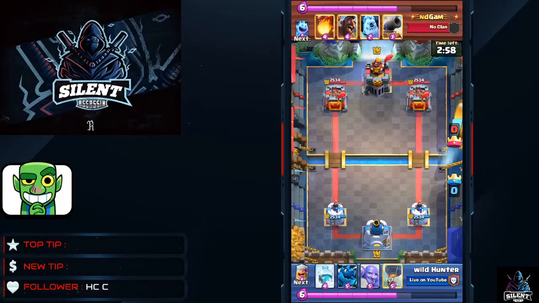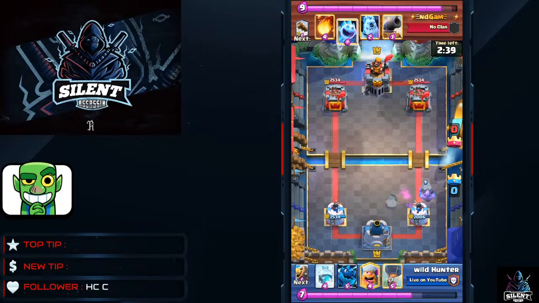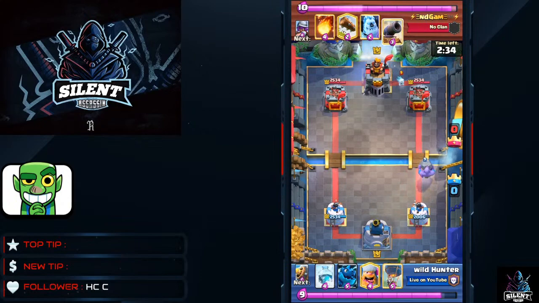GG. So for the next match, we are up against Endgame, and looks like he's using 2.6, and I think 2.6 isn't a bad matchup. That's a really good matchup for me, as I can cycle. I can use my Nado to pull his hog, even my bowler to counter his hog. So definitely I had the matchup here, but